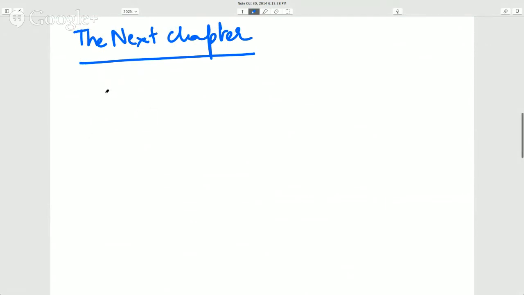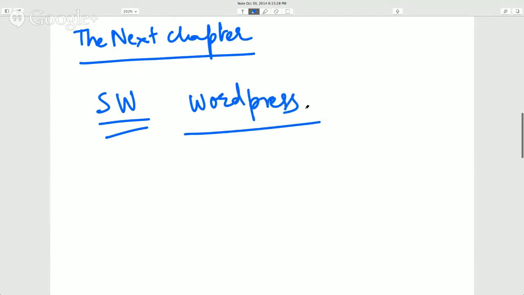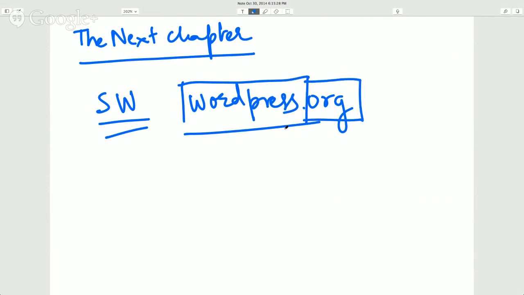To run a website, you need some kind of software. In this example, they were using WordPress software. If you look at the WordPress website, WordPress.org, that's where you will get the software download for free. Now, their implementation did not follow the sequence that I'm going to describe. However, given the last exercise we did with Apache and MySQL and PHP, I will now discuss that and describe to you what that means and how you would build it up from scratch if you want to go in that direction.